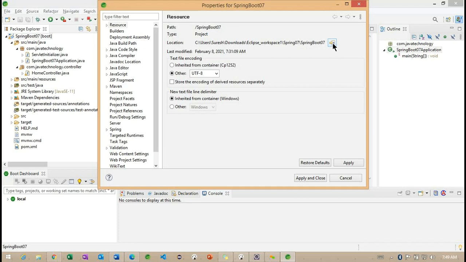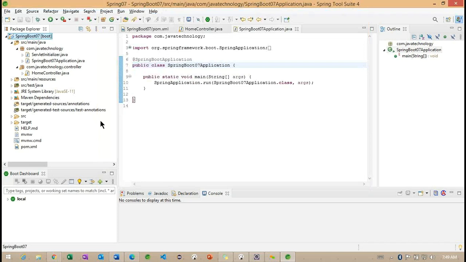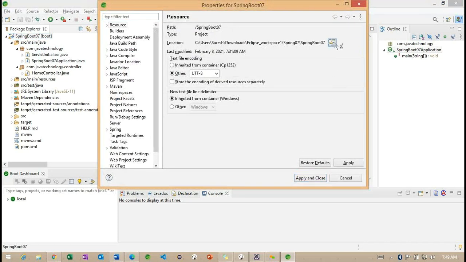So it's taking a little time to load the application. What happened? Okay, let me open one more time. Okay, so it's not going to work. We'll go back to the directory.